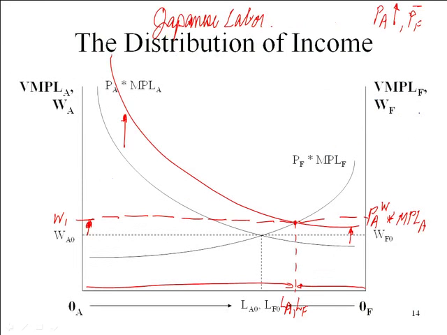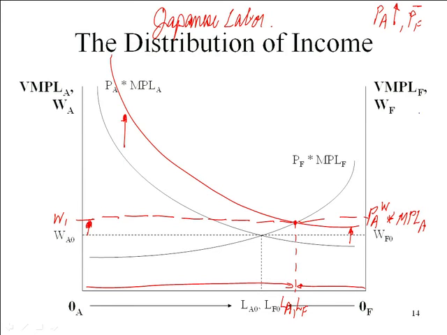Any ideas from the back half? How do we show a decline in the marginal product of labor? Okay, so we started at this equilibrium point, right? The increase in the price of autos moves us straight up to here. Then, as we increase the amount of labor that we have in the auto industry, each worker is going to end up with less and less capital. The marginal product of labor falls along this curve. That's our diminishing marginal product of labor. So it's not a shift in the curve, because it's changing the marginal product. It's an actual movement along the curve.